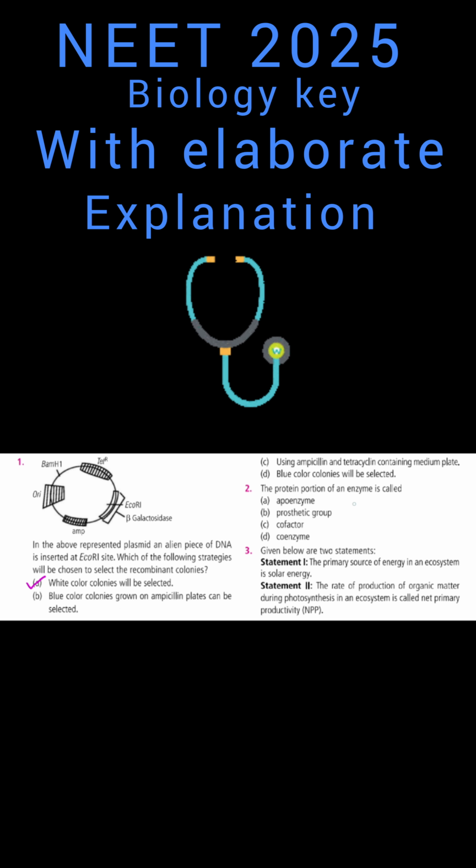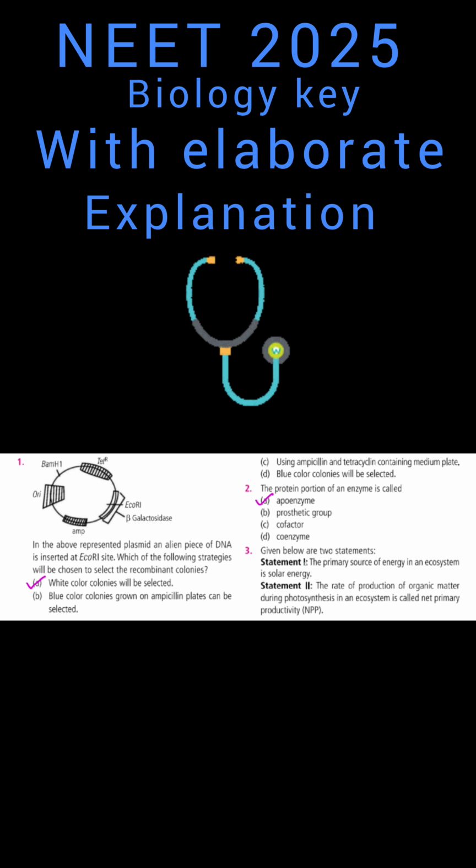Next, the protein part of the enzyme is called the apoenzyme, because the enzymes could be simple or conjugated. The conjugated enzyme is called a holoenzyme, and it is formed of two parts: the protein part called the apoenzyme and the non-protein part called the cofactor. The cofactors are bound to the enzyme to make it catalytically active. There are three types of cofactors, that is prosthetic groups, coenzymes and metal ions.